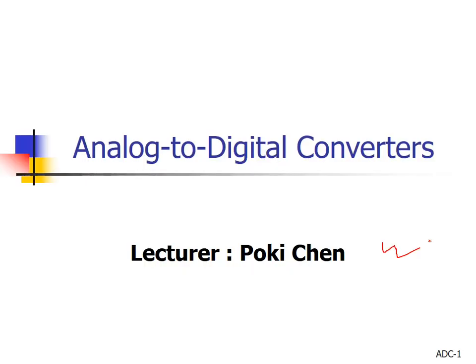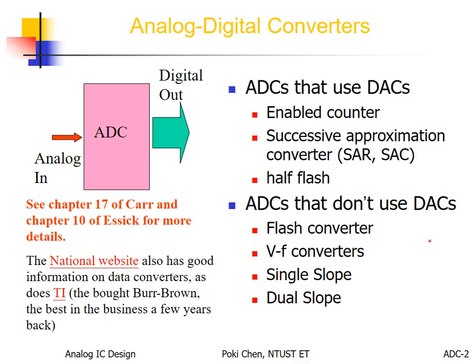All right. Today we would like to talk about the most important IP on Earth. Yeah, that is the ADC, analog to digital converter. And again, this is some kind of a brief introduction. For such kind of ADC, you can see we have analog input, usually in voltage, but sometimes in current. Yeah, that is two of the major cases. And then after the conversion, we can get the digital output.